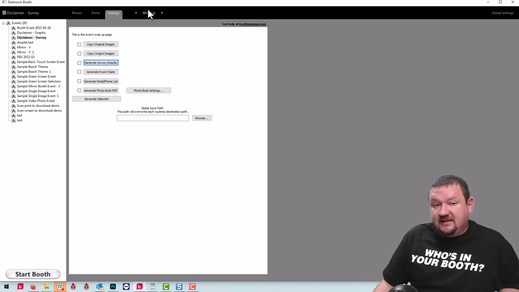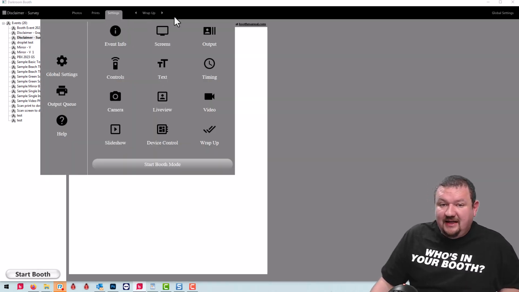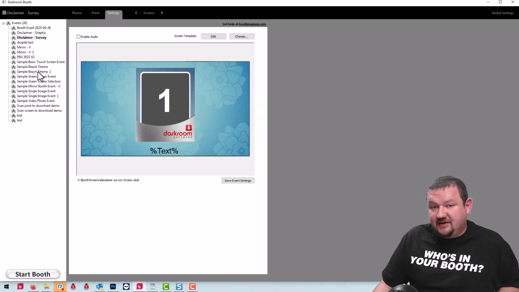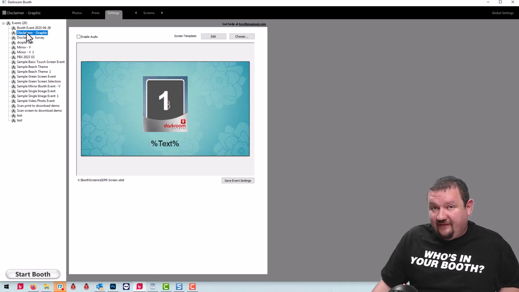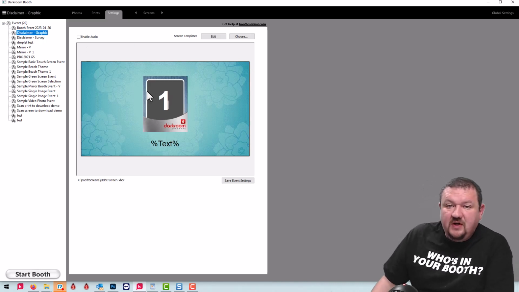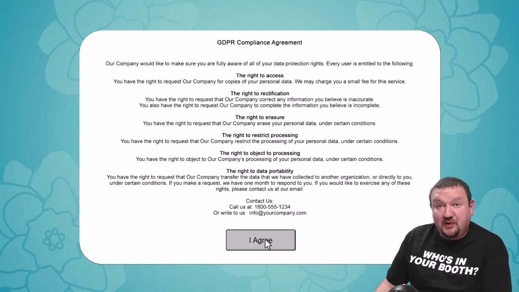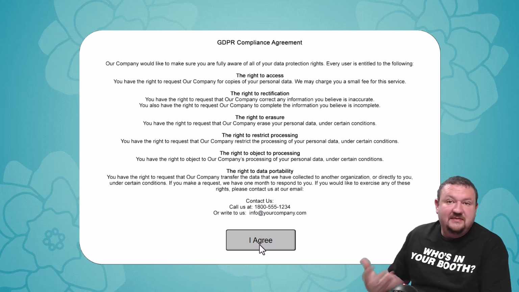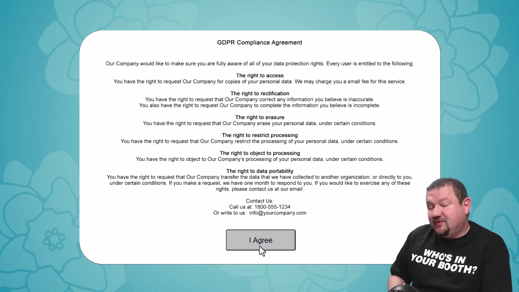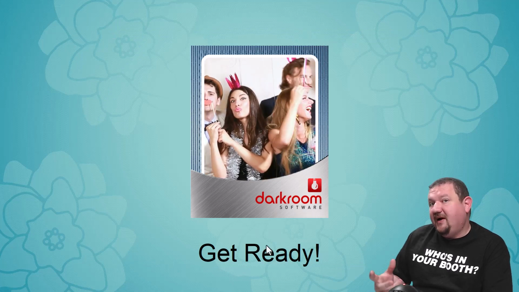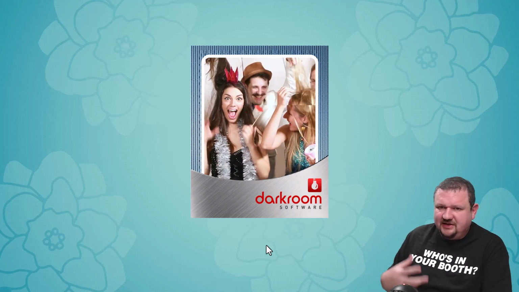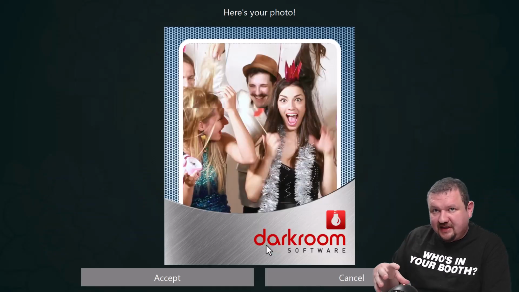Okay, so the next option, we're going to go to our screen template. This one is added very similarly, but it's using a graphic object. So I have just a graphic that's set to when shown, and it's specifically getting started. And then I have a button right here that's actually just a start booth button. So when I click this, it enters the session. In this situation, I do not have an option to opt out where it allows them to still take the pictures. So for every image, you're essentially telling them that if they're going to get their picture taken, they're agreeing to